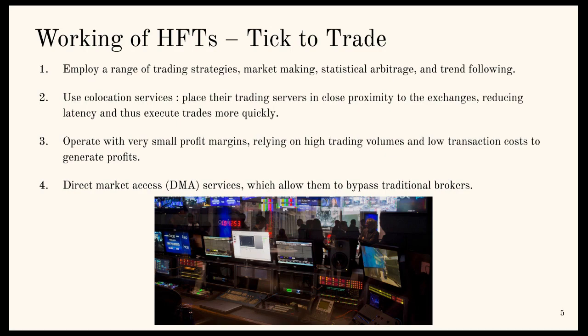And also they use high-profile algorithms in predicting the market. With a huge amount of past data, they try to predict what stock will have what kind of trend in the near future. Yeah, and they also make profit by